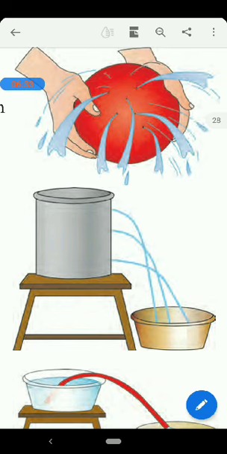Next activity they have given to you is pouring water on an oil-clad dish. An oil-clad dish means a dish which we have coated or just tapped with oil. What will happen if we sprinkle water droplets on it? You can do this activity at home as well. Just coat one dish from your house with oil and sprinkle some water onto it.